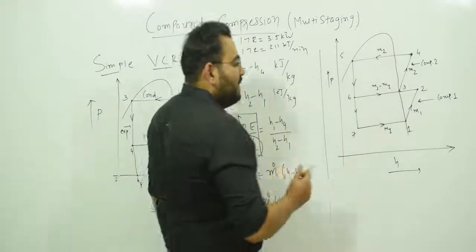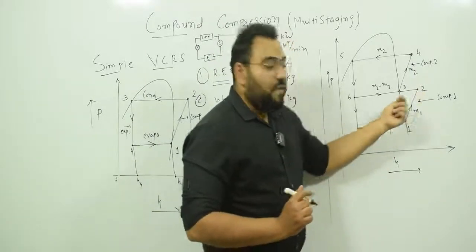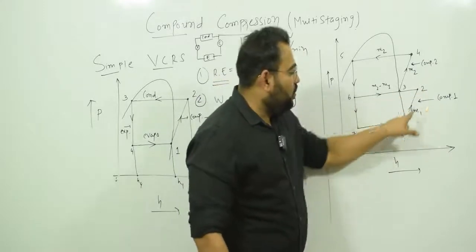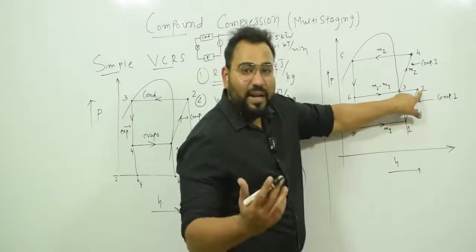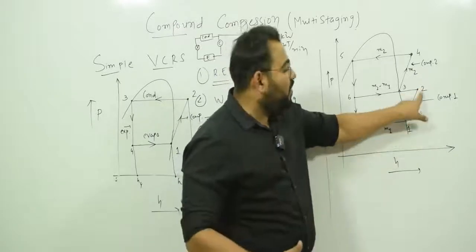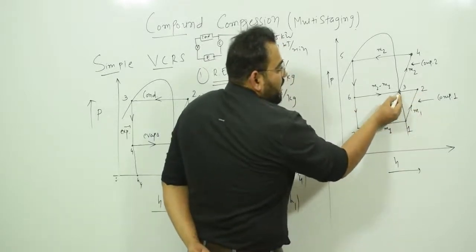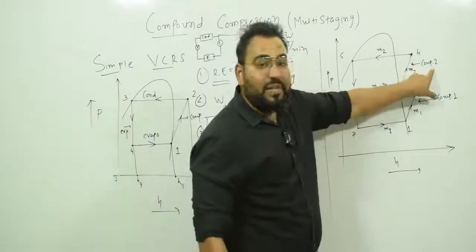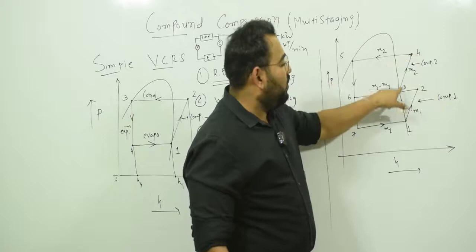So here you can see first 1 to 2. Then we were using some kind of cooling medium. Point 1 is on the vapor line. This is the first compression, 1 to 2. Point 1 is vapor, so 2 will be in which region? Superheated, because if you compress vapor, the temperature increases and it goes into the superheated region. Now 2 is superheated, but here you are providing some cooling, so it comes to the vapor region. So point 3 is in the vapor region. Then compression happens again in compressor 2, and after compression it will come into the superheated region. So 3 to 4.